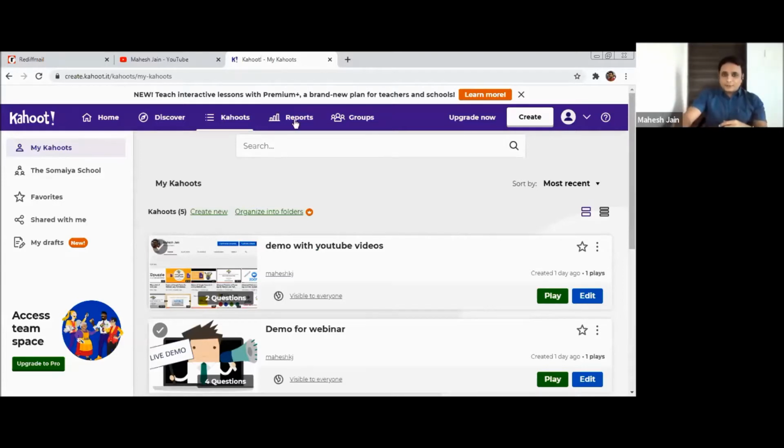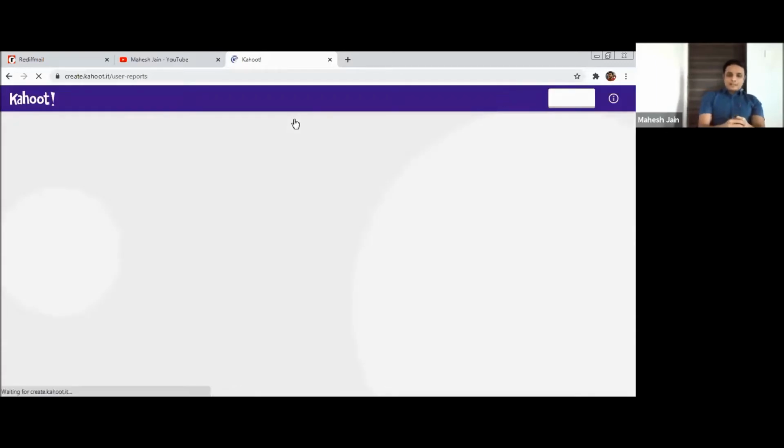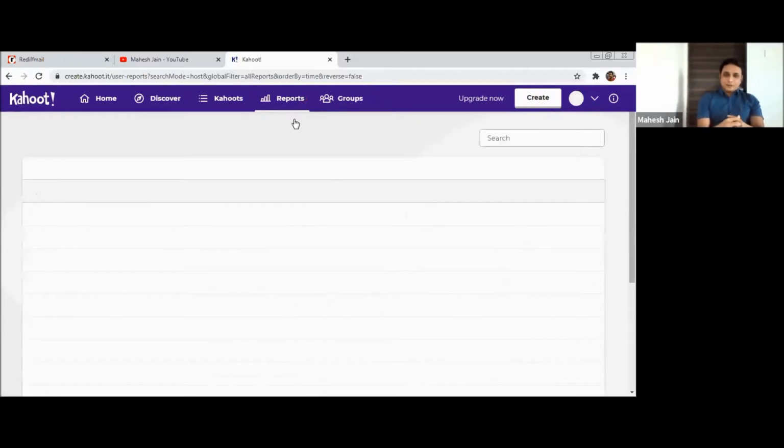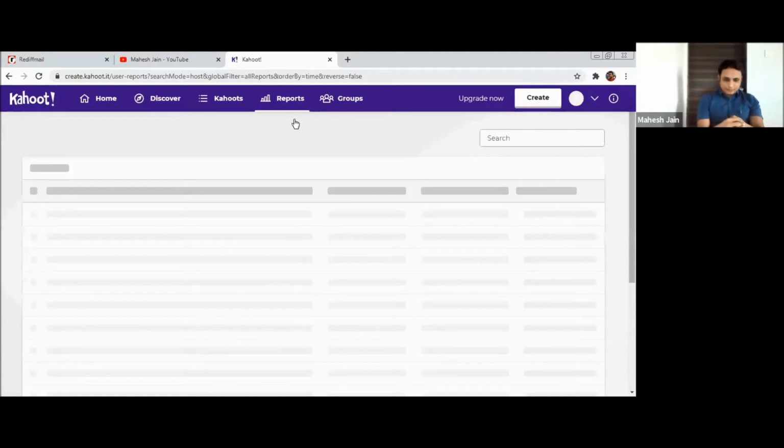And as I told you, for looking at reports, you need to just click on report and you're set. So you can see all the reports, and I guess after that we'll be going ahead with creating a Kahoot. Hopefully it comes up. Yes, we'll have to wait until it comes up. So having a very active internet connection is also very important. Strong internet connection is very important.